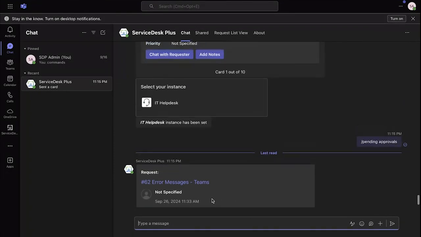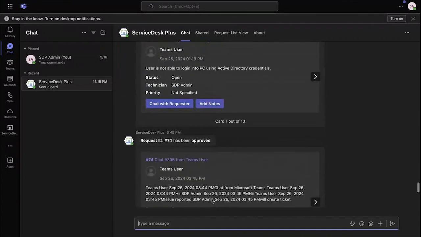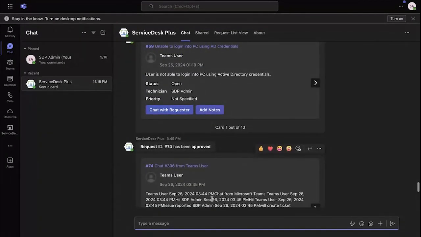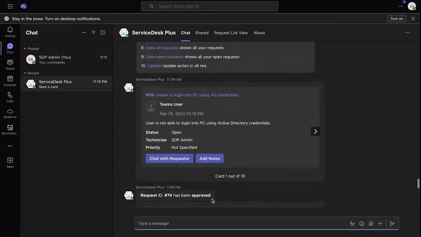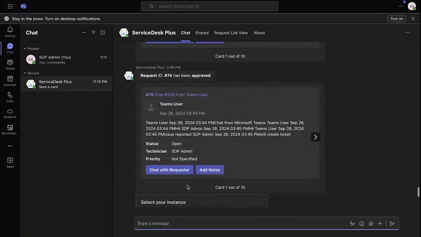Apart from that, in case the user is part of an ESM instance, they can easily switch instances with the bot command /instance. You'll be able to switch between instances. So what are all the other things that we can do as a technician here? We'll be able to add notes, chat with the requester directly, and then we'll be able to pick up tickets and approve tickets. Now, as we were discussing the chat feature here,